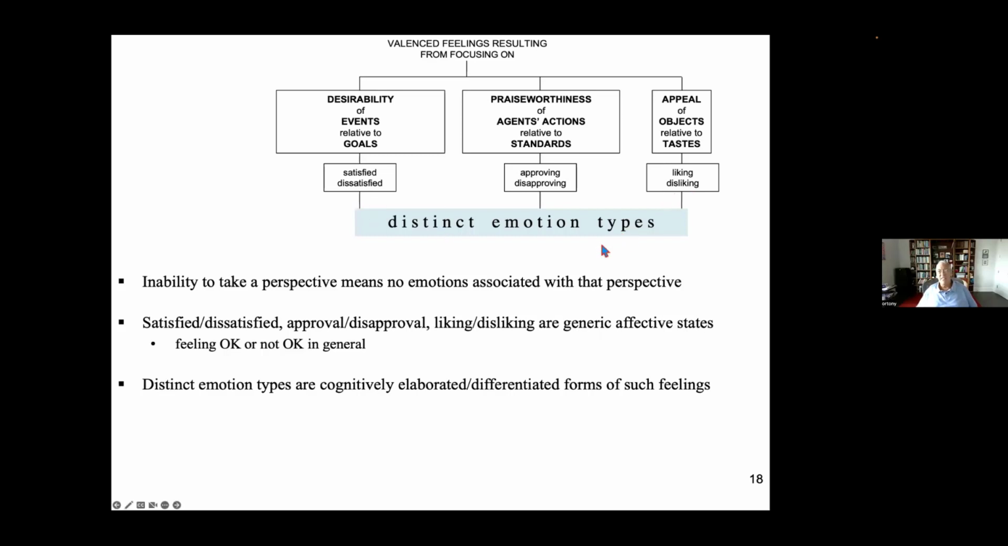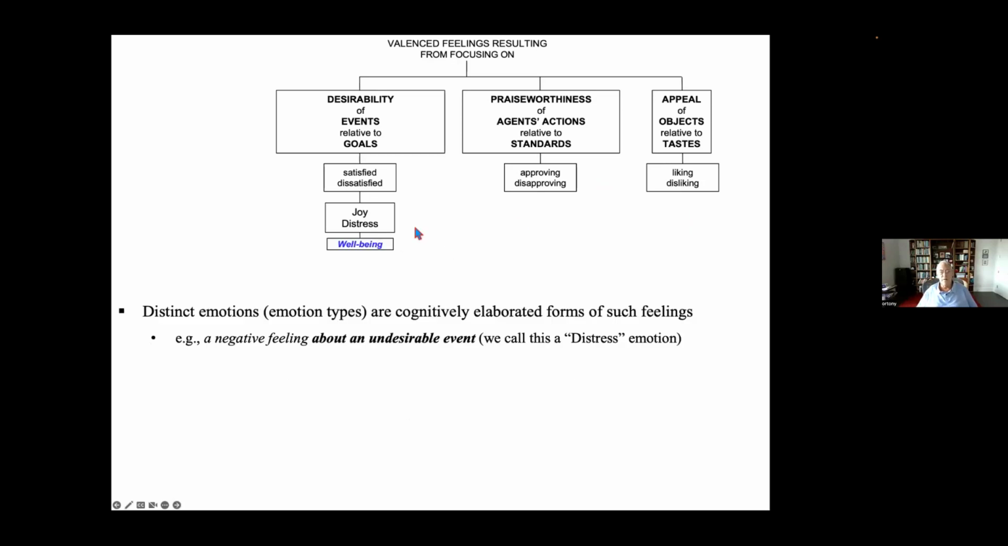Below these are distinct emotion types, and these are cognitively elaborated or differentiated forms of these kinds of feelings. So the first thing we'll look at, I'll look at some examples now. We see here what we call the well-being emotions. Distinct emotions, emotion types, are cognitively elaborated forms of such feelings. For example, here